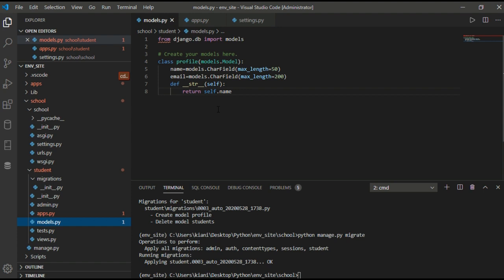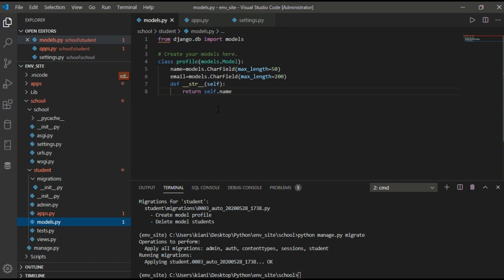This will create the table. So you will see a migration will be created, and the table will be created, with an auto number. Okay, and now the table has been created.